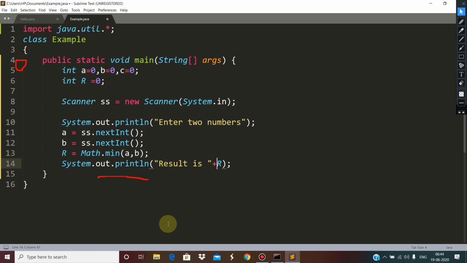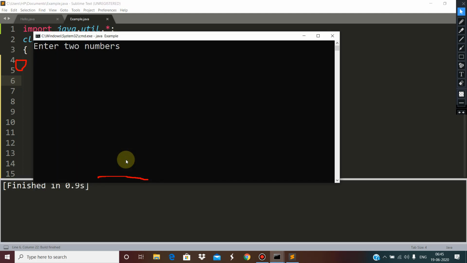Suppose we want to input double type values, then what will be the change? We need to declare these three double type variables, and this r is also double type. First of all, I am just trying to find out the smaller between two only.